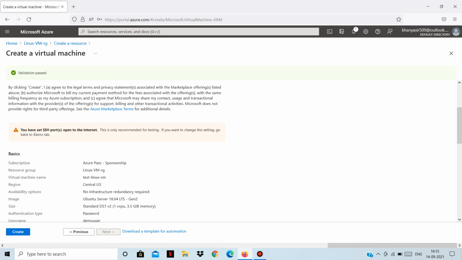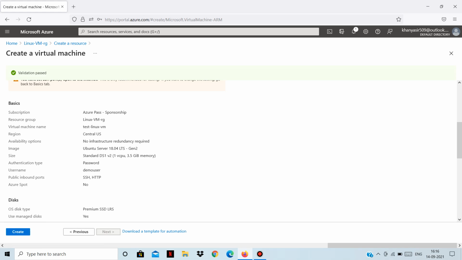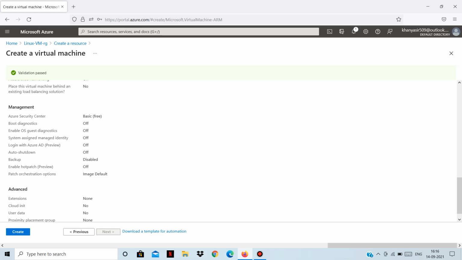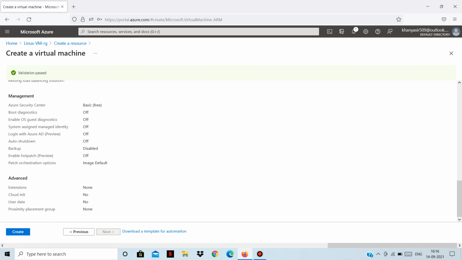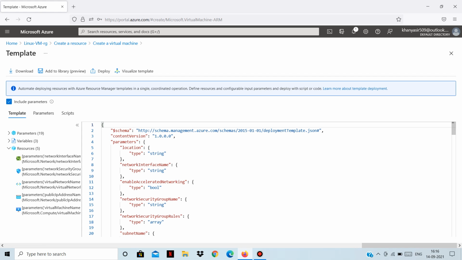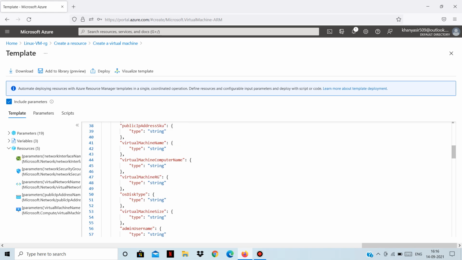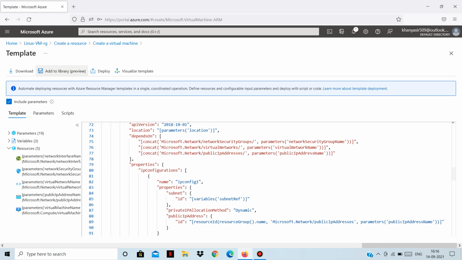And then you can see all of the settings here. You can again ignore the warning, and then you can see all of the configuration you have selected for your virtual machine. Again, you can check the template if you want to deploy this Linux virtual machine later. You can simply modify some of the configurations here and deploy another virtual machine from here instead of going through the portal again and again.